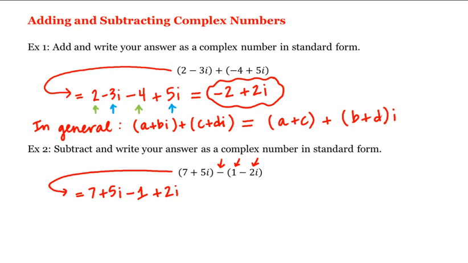Again, we'll combine like terms. The 7 and negative 1 are like terms, as well as the 5i and 2i. So combining these gives us 7 minus 1, which is 6, and then 5i plus 2i is 7i, which would be our answer. Again, in general,